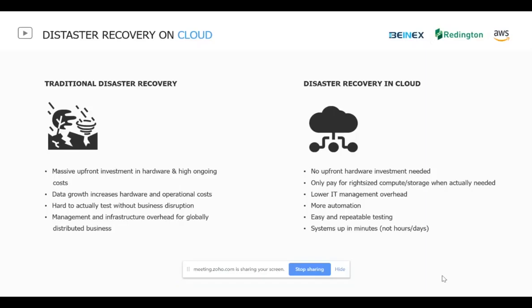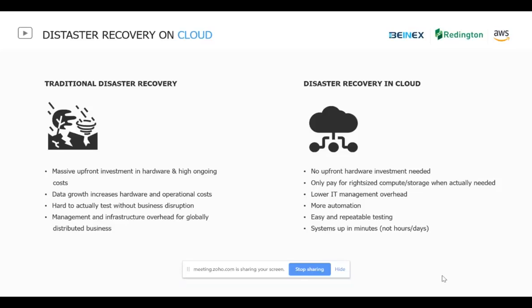So we'll see some of the benefits of DR on cloud when compared to a traditional disaster recovery on your on-premise data center. It's pretty much a self-evaluation here. The first thing that goes into place is the massive upfront investment in the hardware and setup cost.